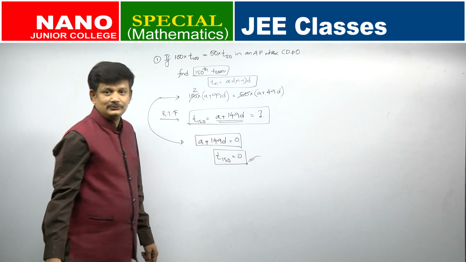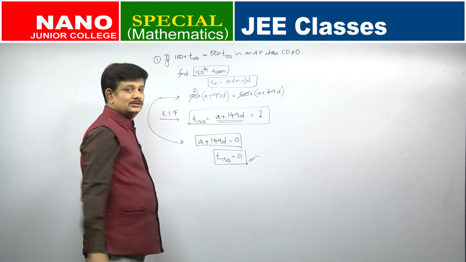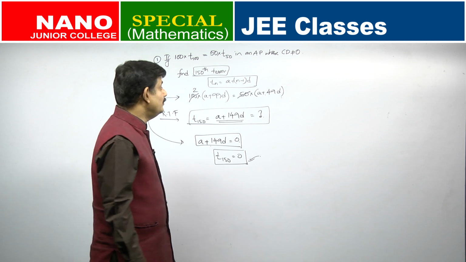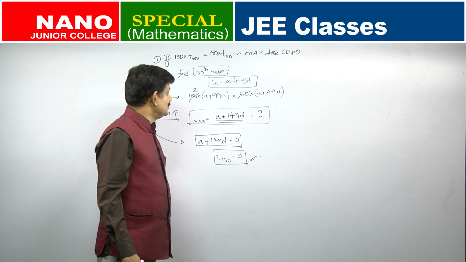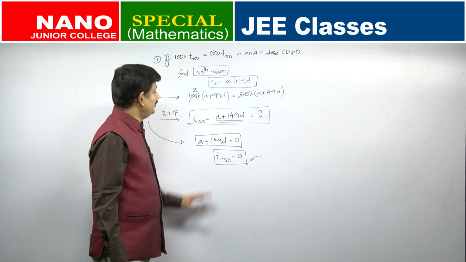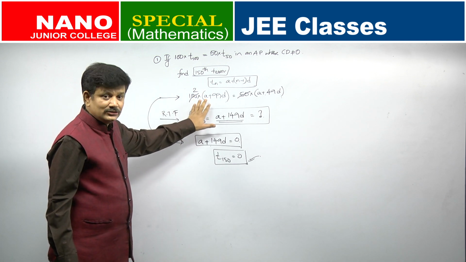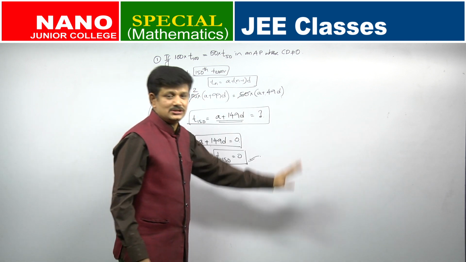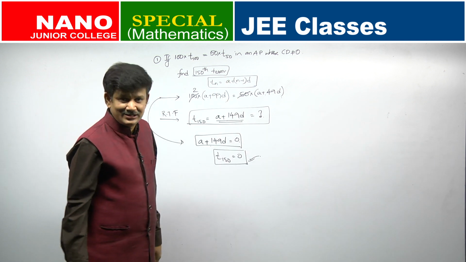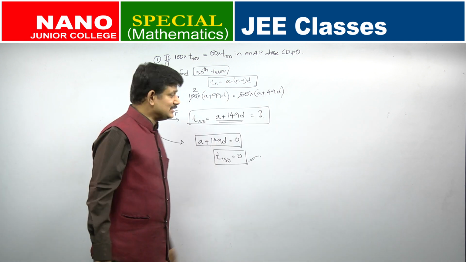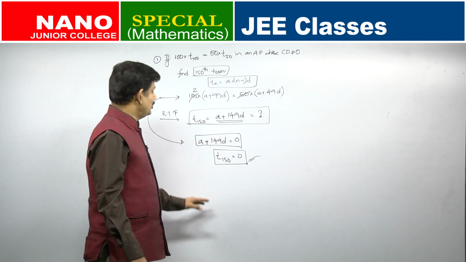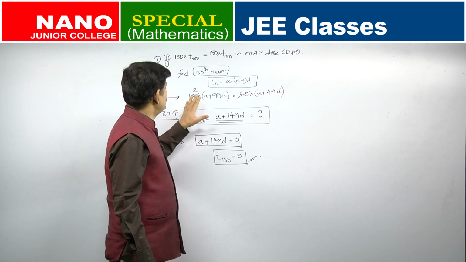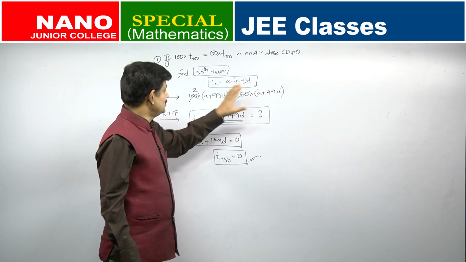Is the question good? Here you should not solve for a and d. You have to understand that one equation is not sufficient to solve two variables, except in some extra conditions which I will be discussing in later classes. For solving n variables you need n equations, except in some boundary value cases, which I will tell you later. For now I have only one condition and two unknowns, a and d.